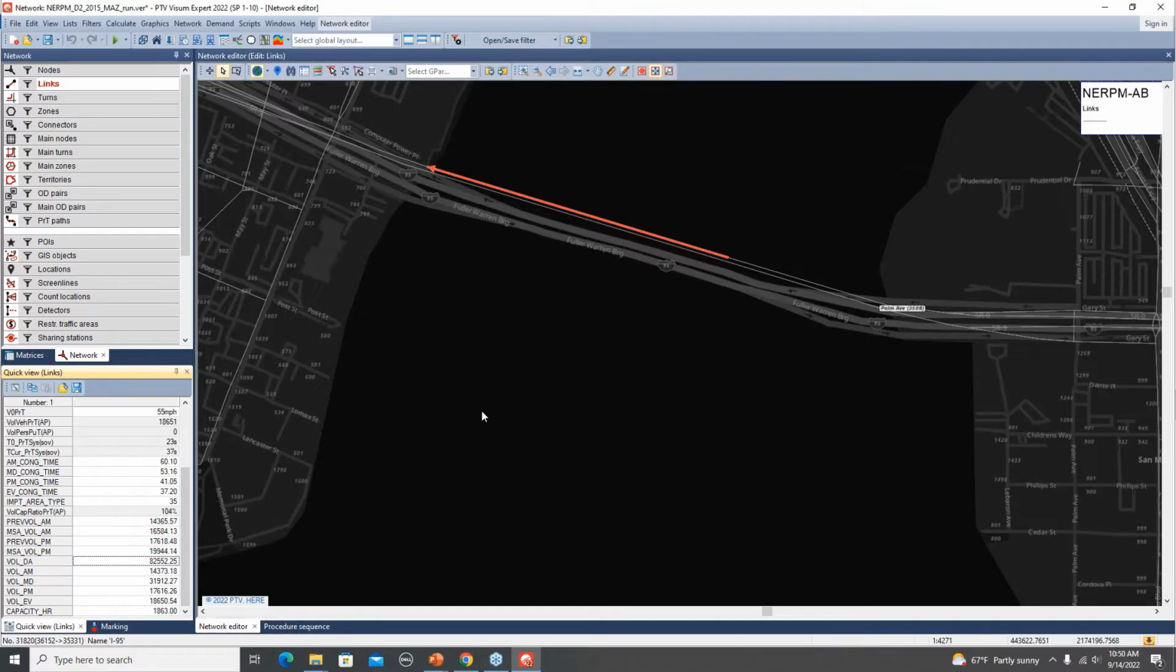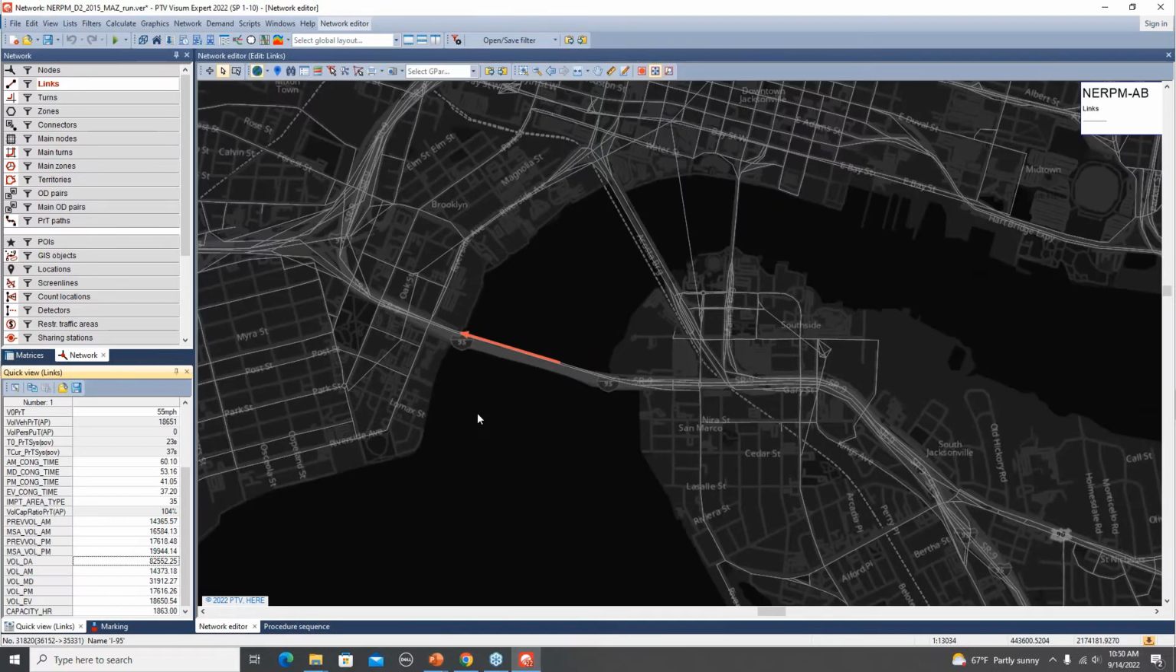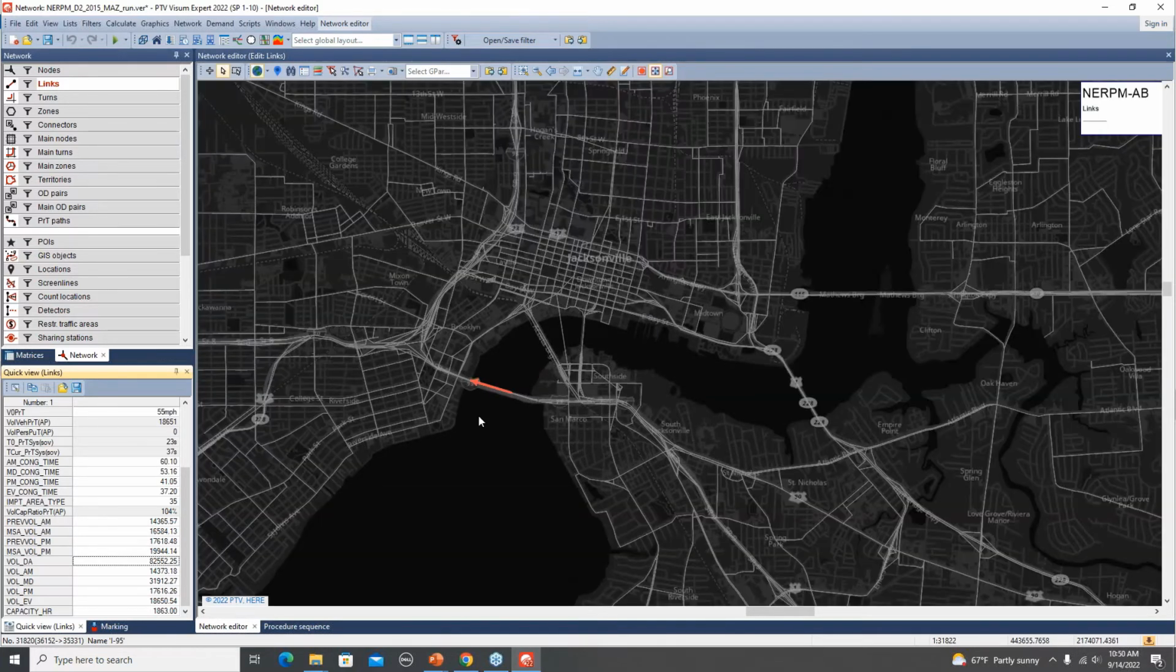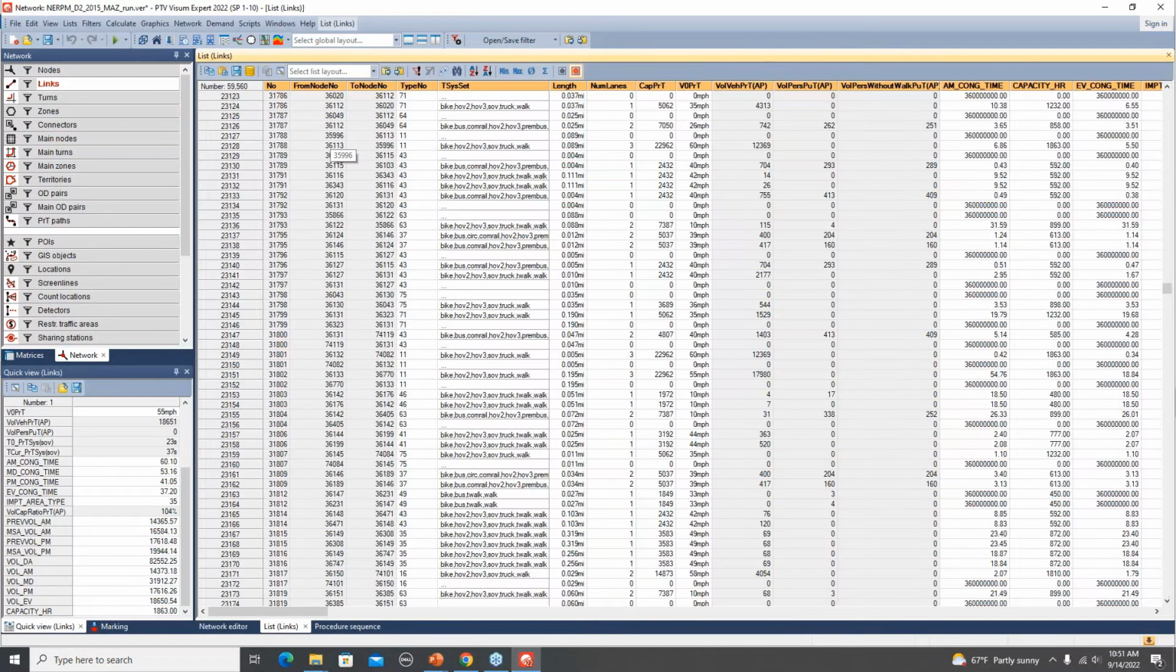But then you might want to check volumes not just for this link, but for all the links, and you might want to do more analysis across all the links. So the best way to do that is to again go to the links layer, and then you can open the links list. So click on list, and then you can click on links, and that would give you the link list. Now here